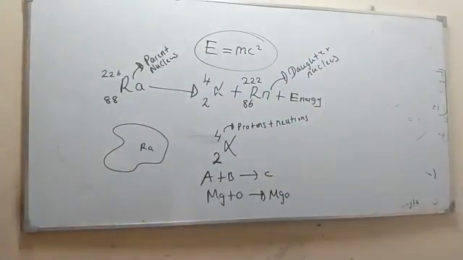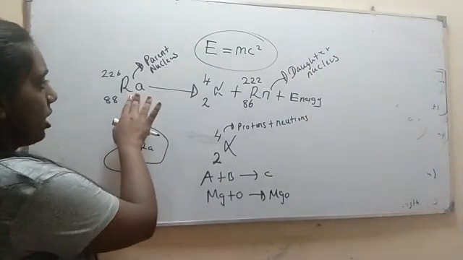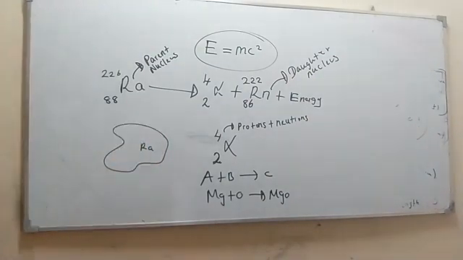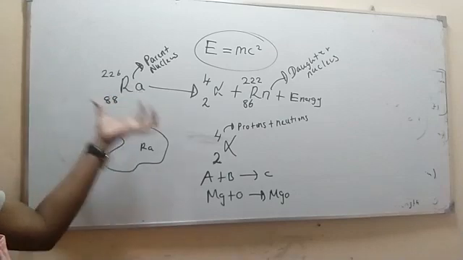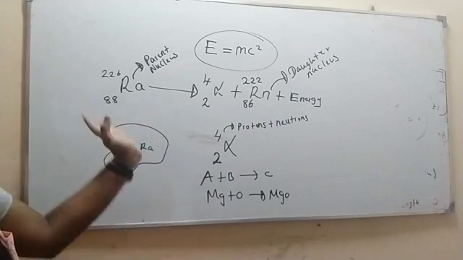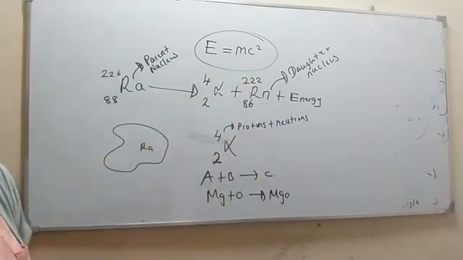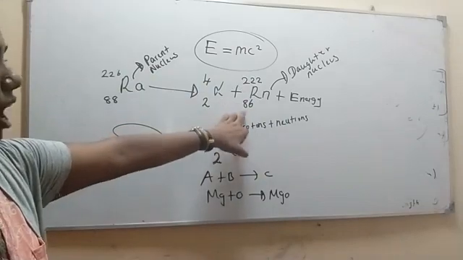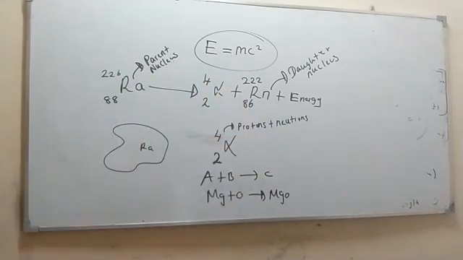Then after that, the reaction can continue. Radium takes a long time, some years, and it is a small amount. We will study the decay law after this, then you will understand it clearly. It takes a lot of time. It is decaying, emitting alpha, and changing into radon. Then if radon is a radioactive element, it can again emit some other particle